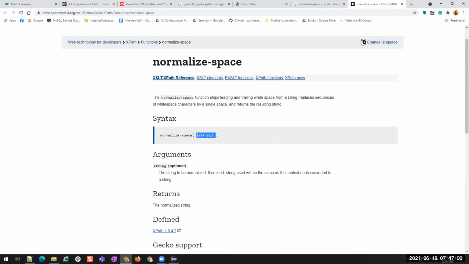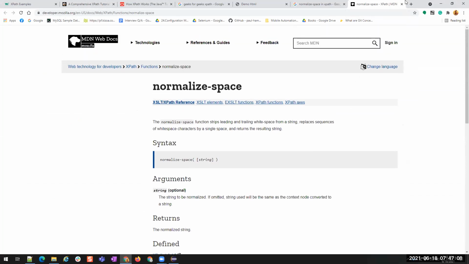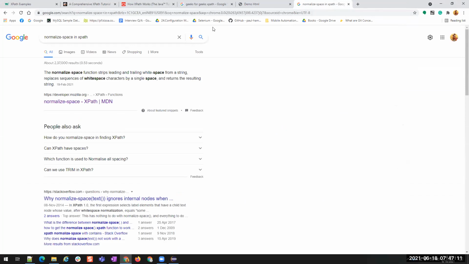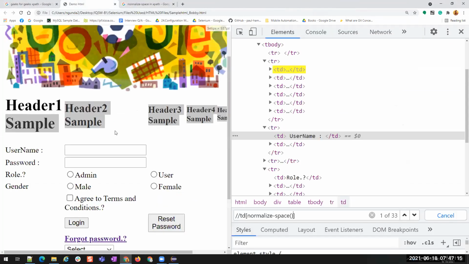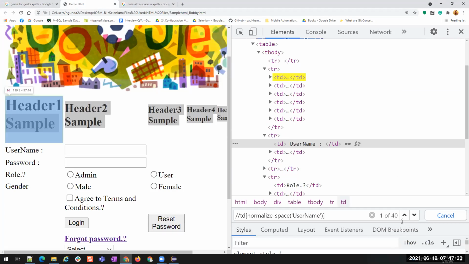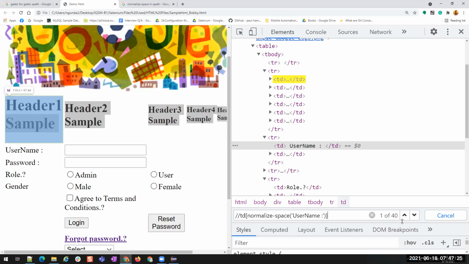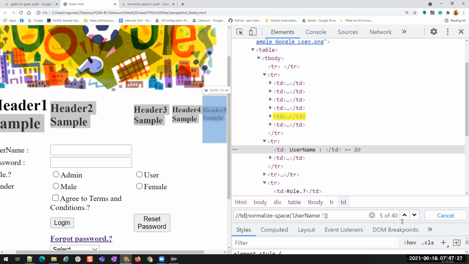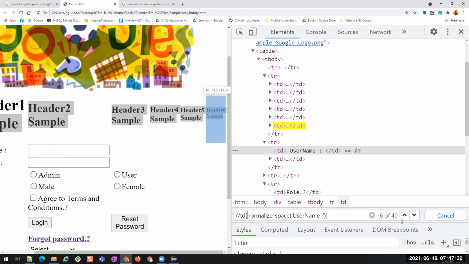Normalize space and string. All right, normalize the space in the string. Username colon. But still it is finding 40 elements. Okay. So text is equals to, for it, like this.